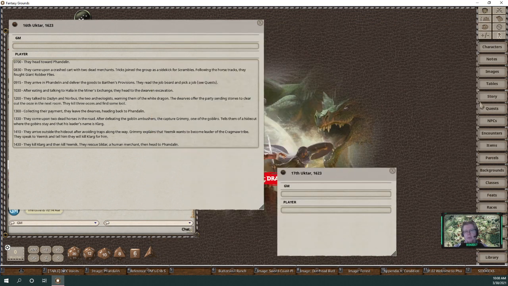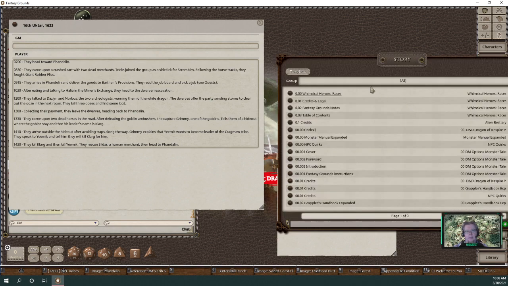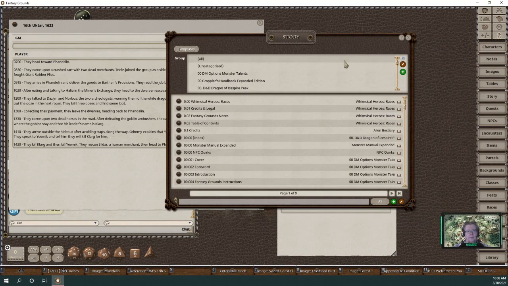So for example, here I have what we're playing right now, which is the